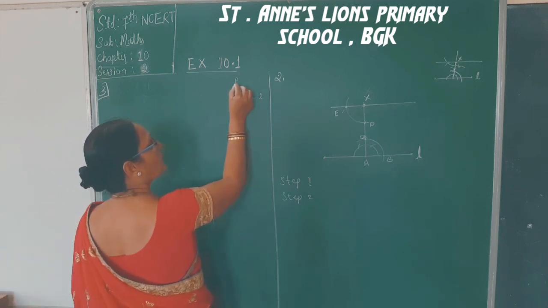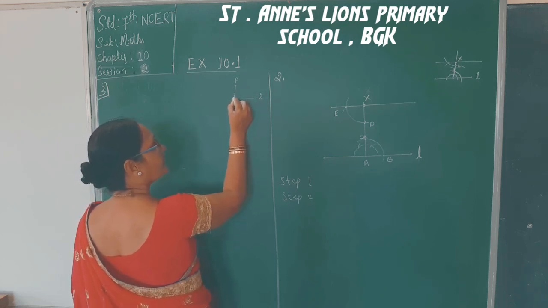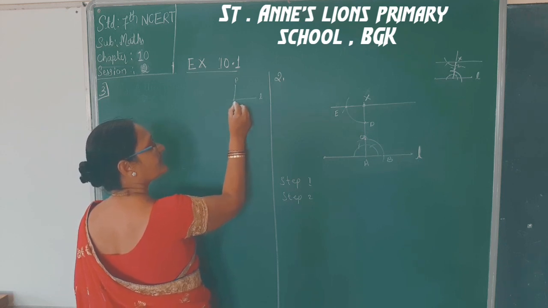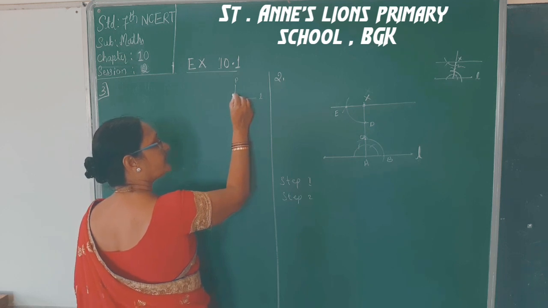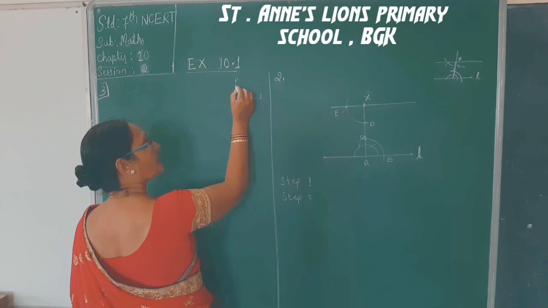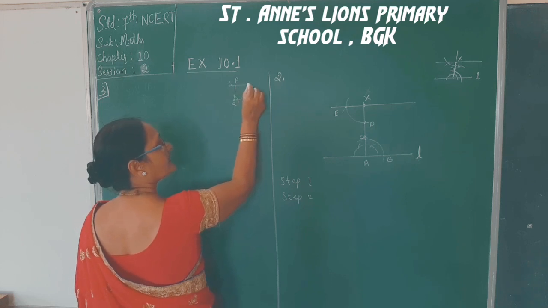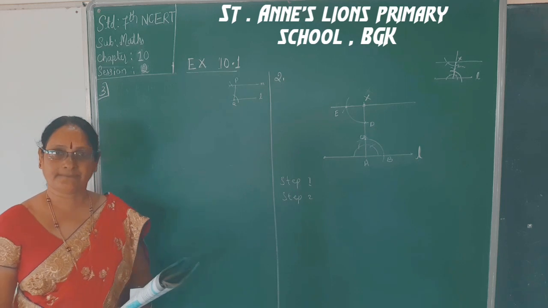Through this P, you know how to draw. Take one point here on the line. We will join it, and this as the center. This maybe we will take it as Q. With this as the center, we draw a convenient arc here. With this same radius, we draw this also here, and we measure this arc and cut it here. This will be the parallel line to the line L, and that will be M.